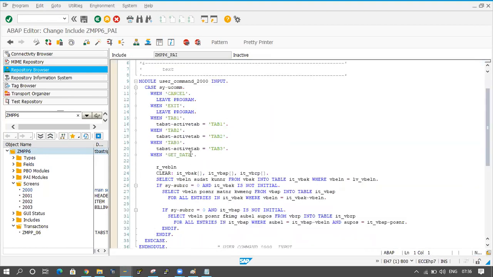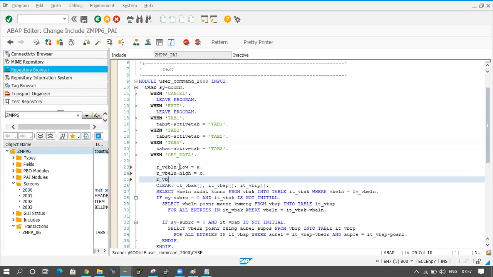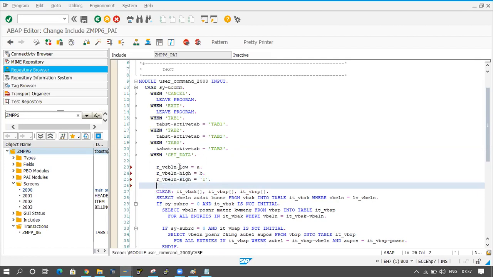If I click on get data, I'm filling the ranges here: R_VBELN-low equal to A. So you are passing some value into A here. R_VBELN-high equal to B. And R_VBELN-sign equal to include, and after that R_VBELN-option equal to